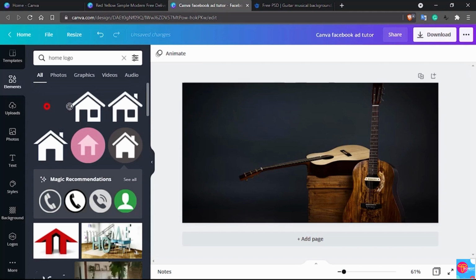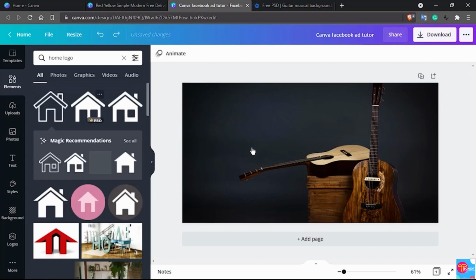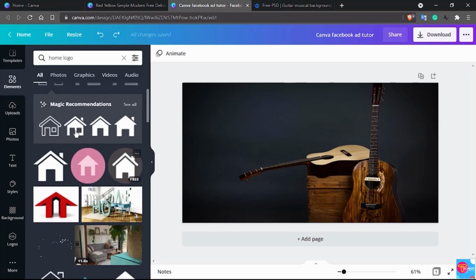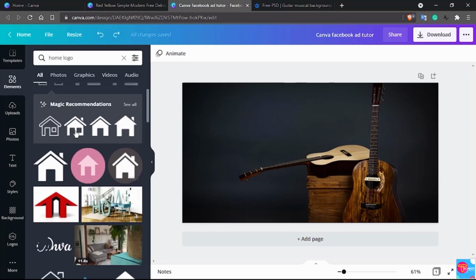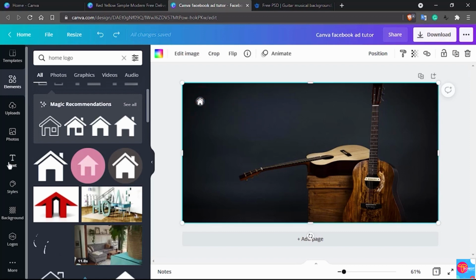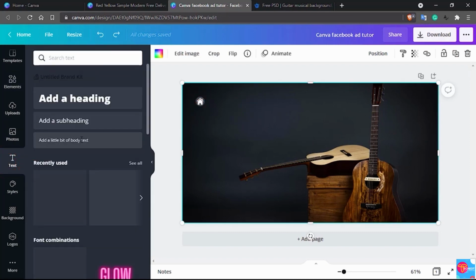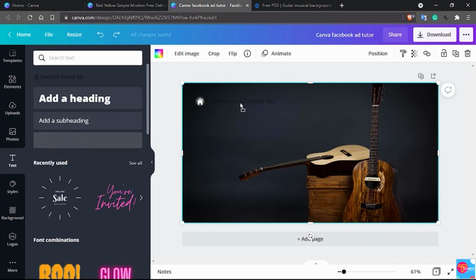I think better than that would be this one, but I just saw this was a pro version one. Let's not try to use a pro one. Seems like all of them are pro, so let's keep using this one. And now in your text you can go, I always prefer starting with this add little body of text thing,